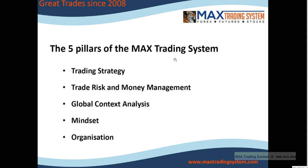We need to have, first of all, a trading strategy. We need to have rules to open a trade, to close a trade. We need to have, associated with the trading strategy, a very strict trade risk management and money management approach. We need to take into account the global context analysis, because the global context analysis, whatever you may hear here